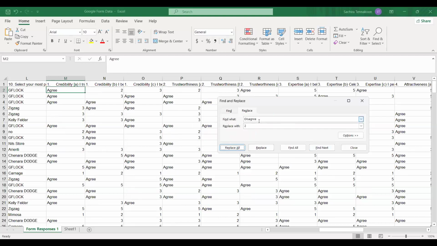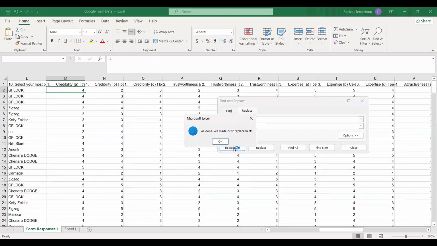And the only one remaining is the agree. Why I was not doing it in order is the threat or the risk of being replaced with a different digit. Agree is 4. So with this, we will be going for complete replacement, right?